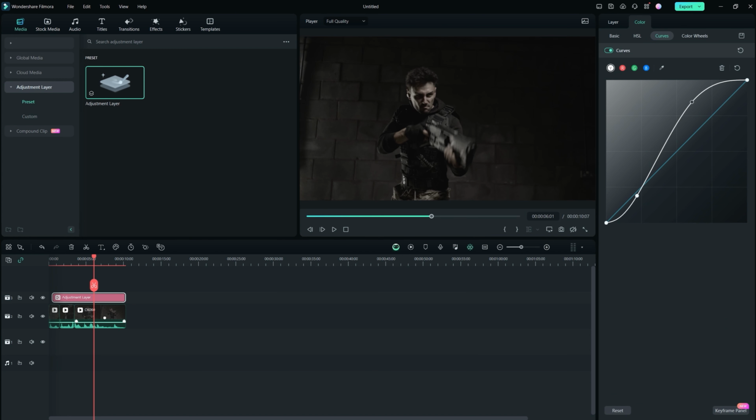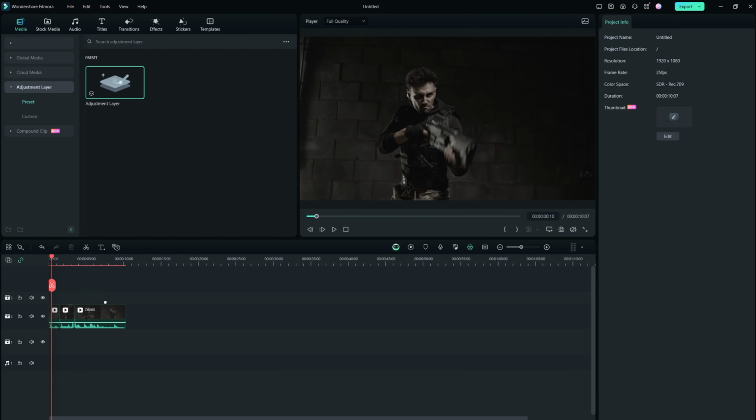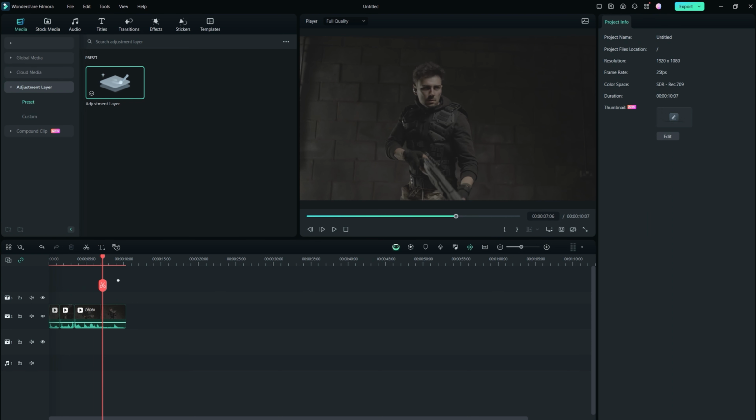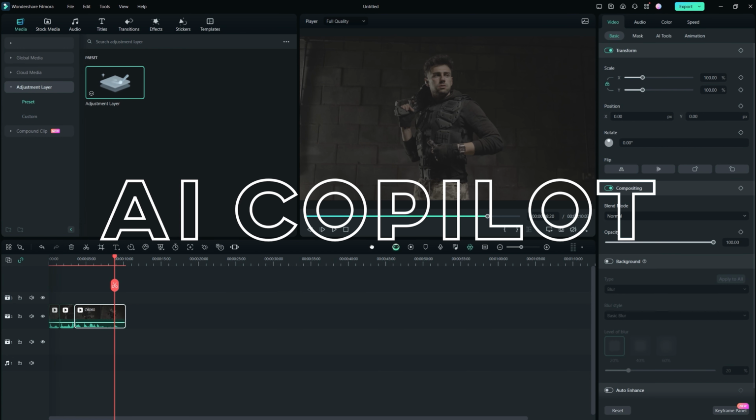This way, my adjustment layer simply applies to everything below. But let's say you don't want to do that because you're uncertain about it, or in general, you just have questions about the program, right? Then what you do is you use the first AI function that we're going to talk about, which is AI